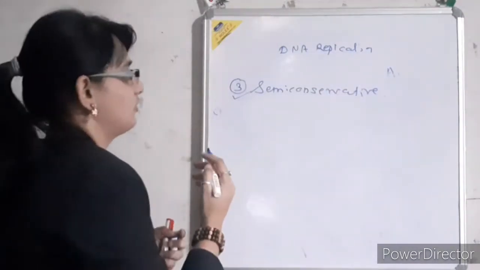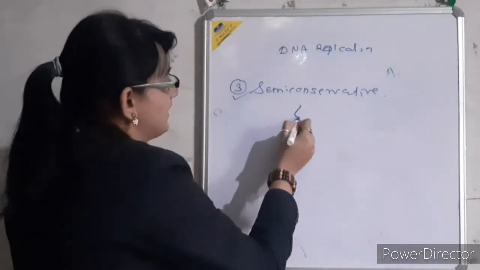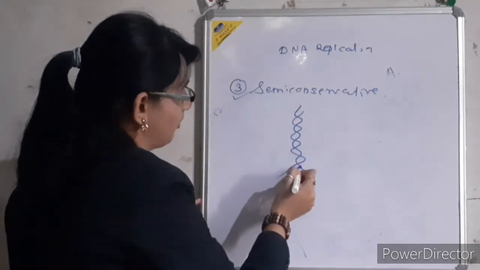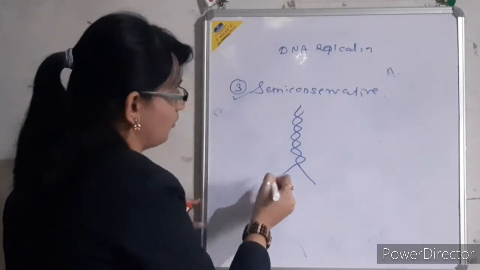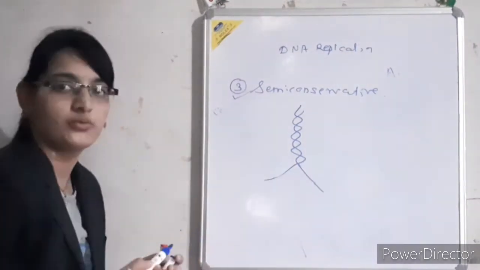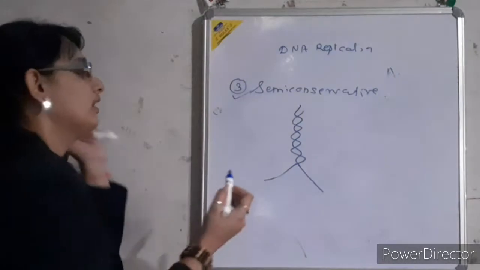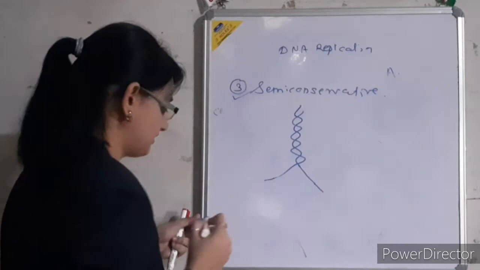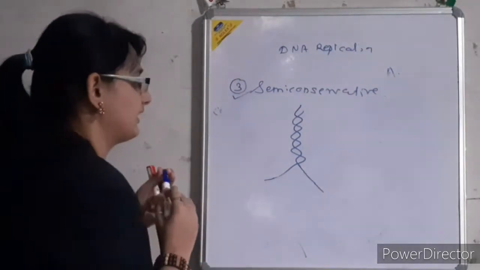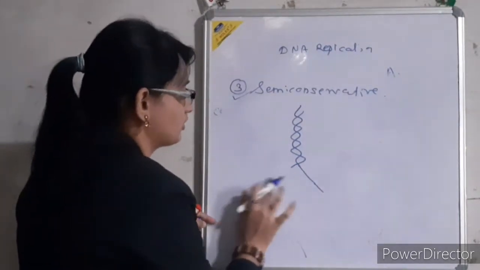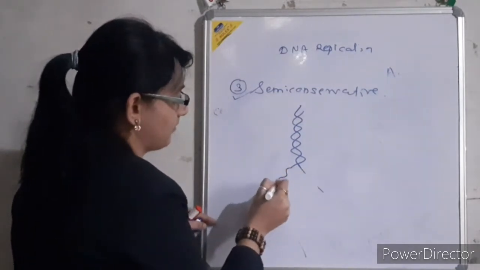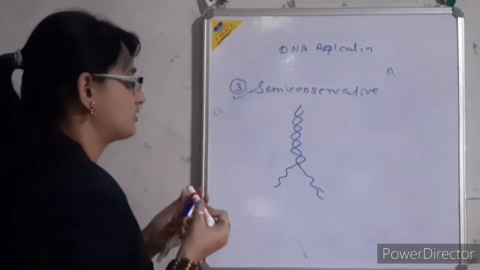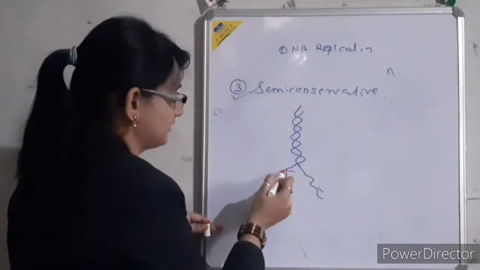In semi-conservative replication, this is a DNA molecule, the parental DNA molecule. When it replicates, it will form two copies. This is the replication fork of the parental DNA molecule. When it starts to form the copies, these DNA strands remain together. So how do they get coiled? These fragments undergo coiling, the parental fragments, and a new strand gets coiled with them.